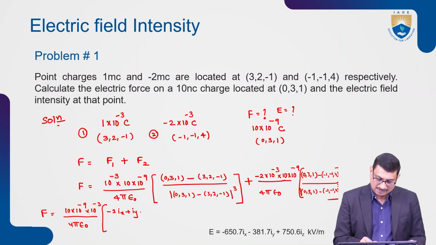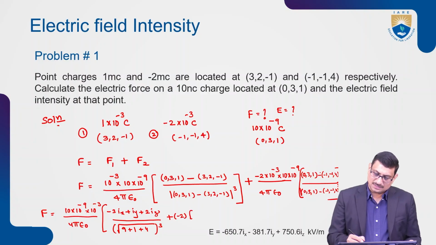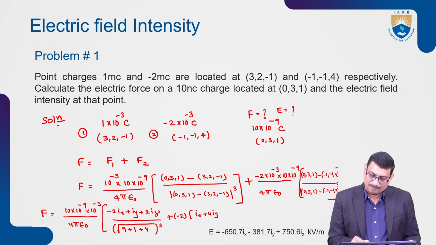1 minus of minus 1 plus 2 Iz divided by 0 minus 3, means square root of 3 square, means 9 plus 1 square 1, 2 square 4, whole cube, plus, here if I take all these things common, minus 2 is there here into 0 minus of minus 1, 1 means it is an Ix, 3 minus of minus 1 means plus 4 Iy, 1 minus